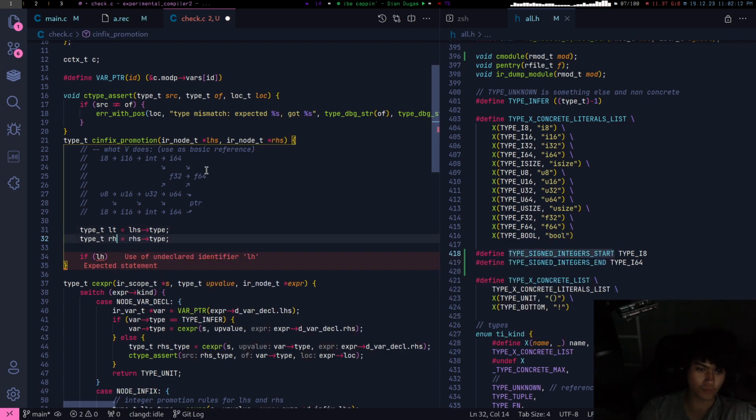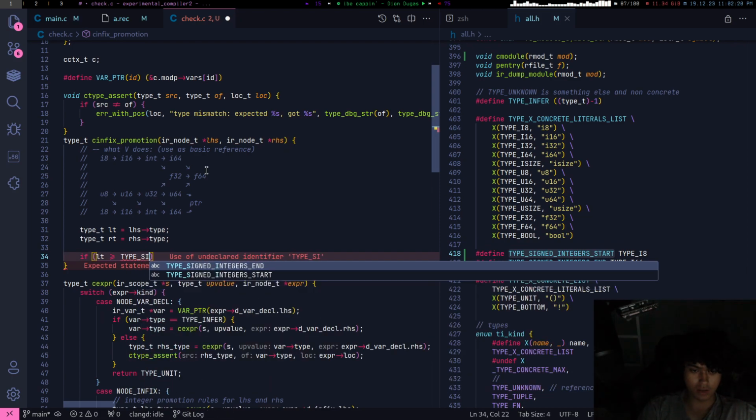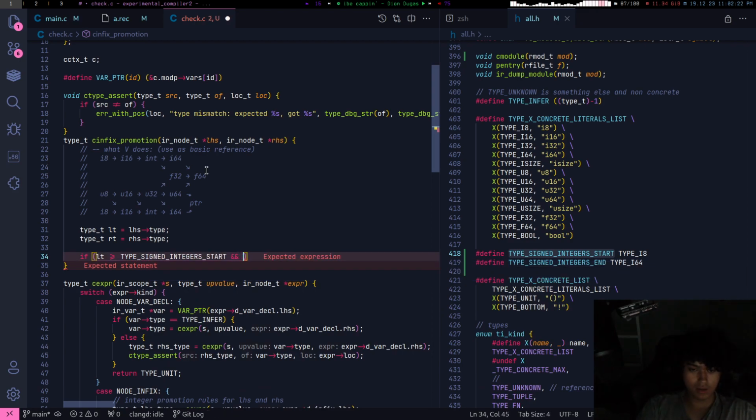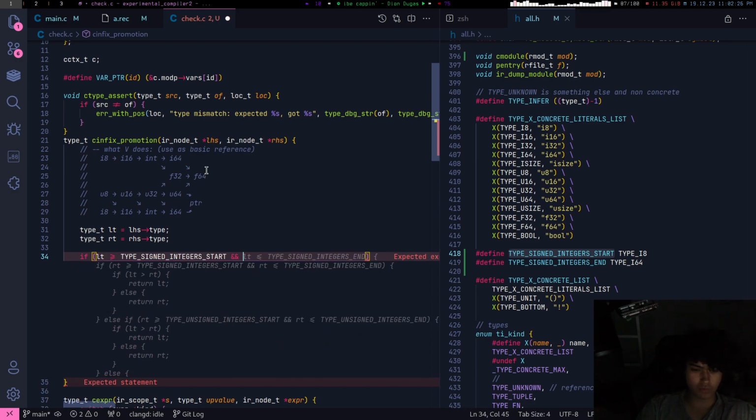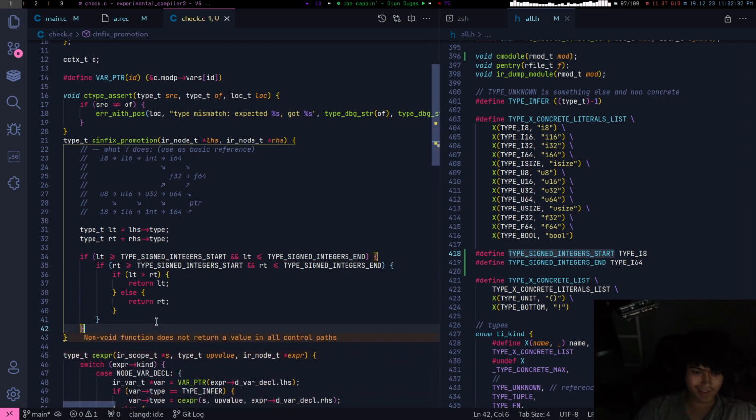Left type, right type. If left type is greater than or equal to type signed integer start... Come on, complete it for me. Now does this make sense? Yep. If right hand side type is less than that.